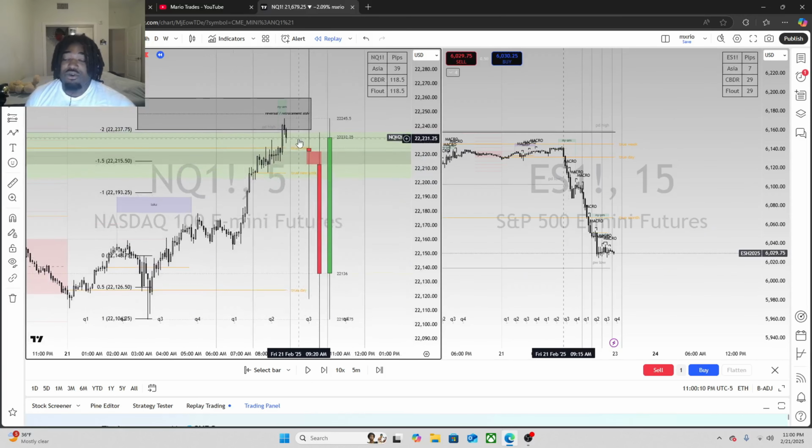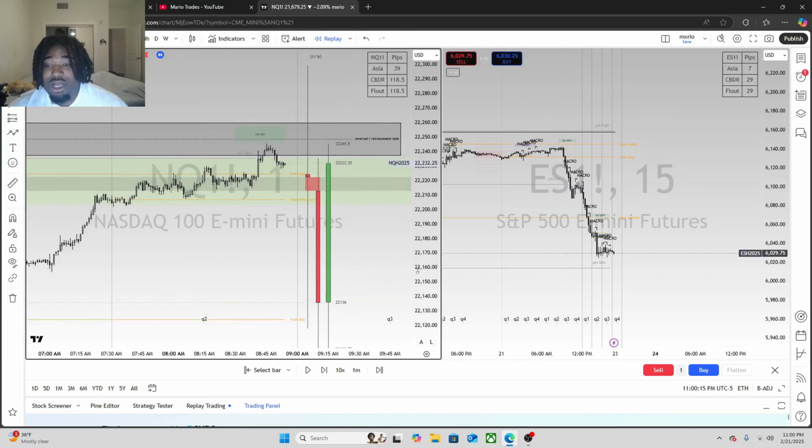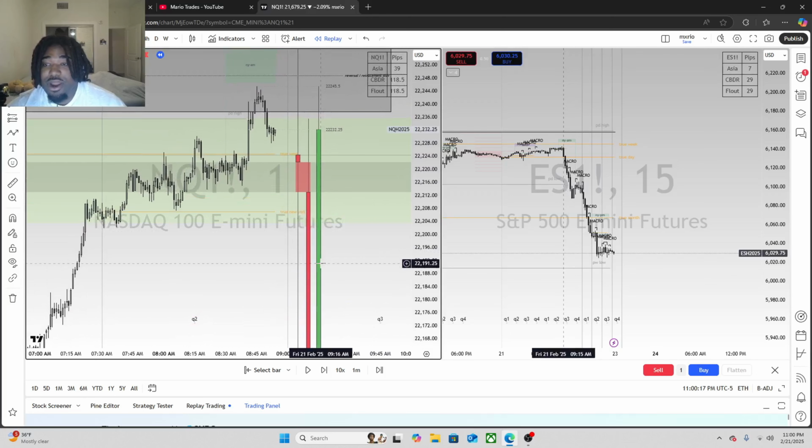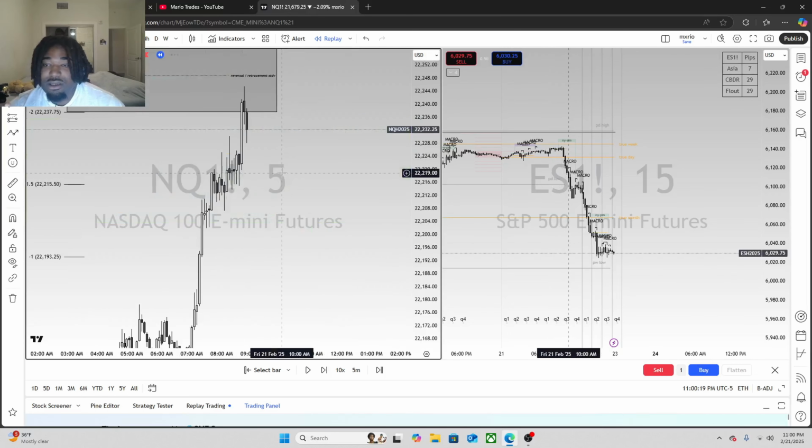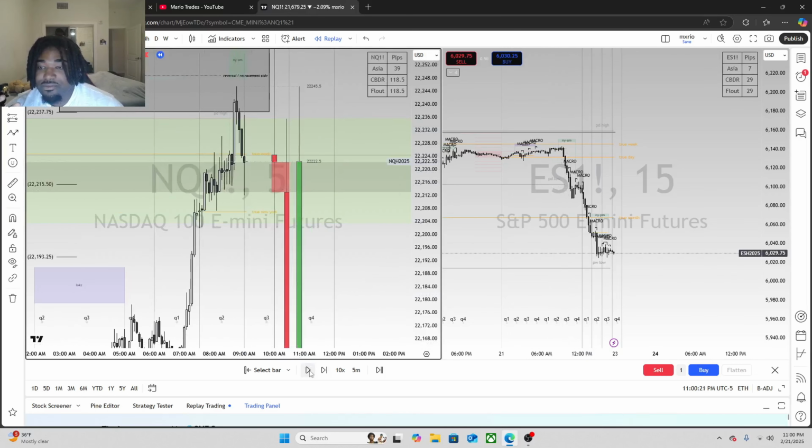Boom. So soon as we hit into this area, I'm on the 1 minute, trying to find an entry on where to enter. Or I'm on a 5 minute. So you go on a 5 minute time frame. We drop,